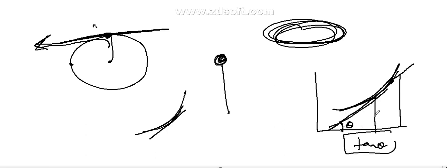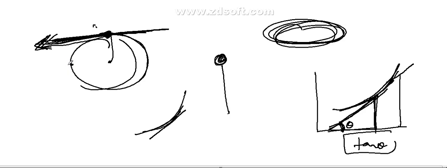Okay. So at this point you draw a perpendicular and base, you get this theta. This value is the same. Similarly, if you have a rotating wheel and want to find the direction at any point, think: if you release the ball here, which direction will it go? Straight, yes. That means the direction is this one. So this is the same as the tangent.